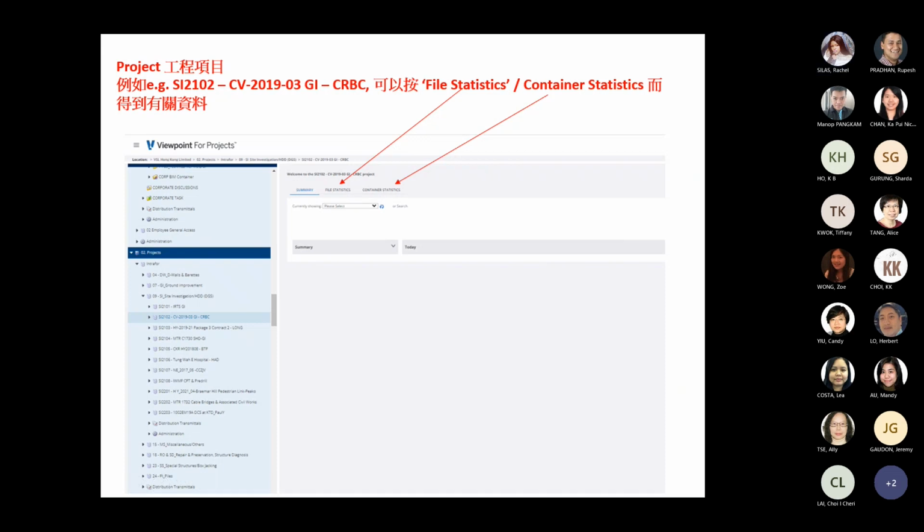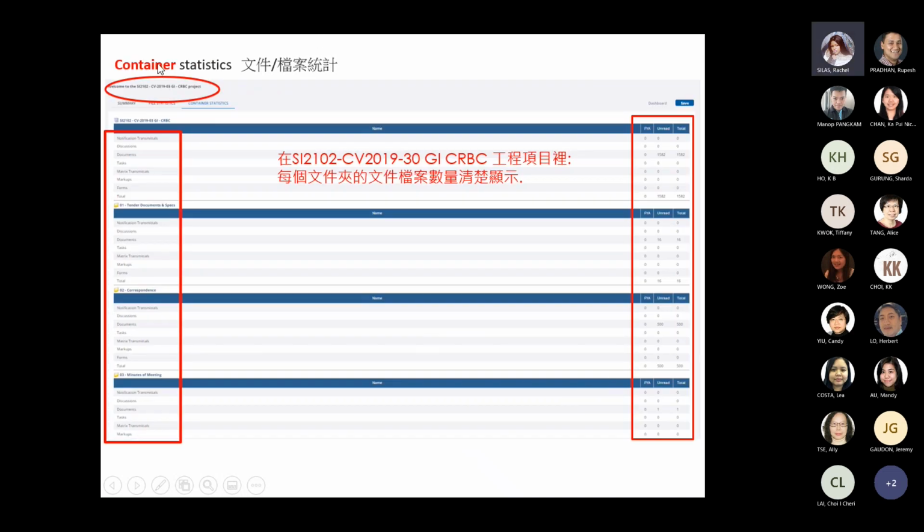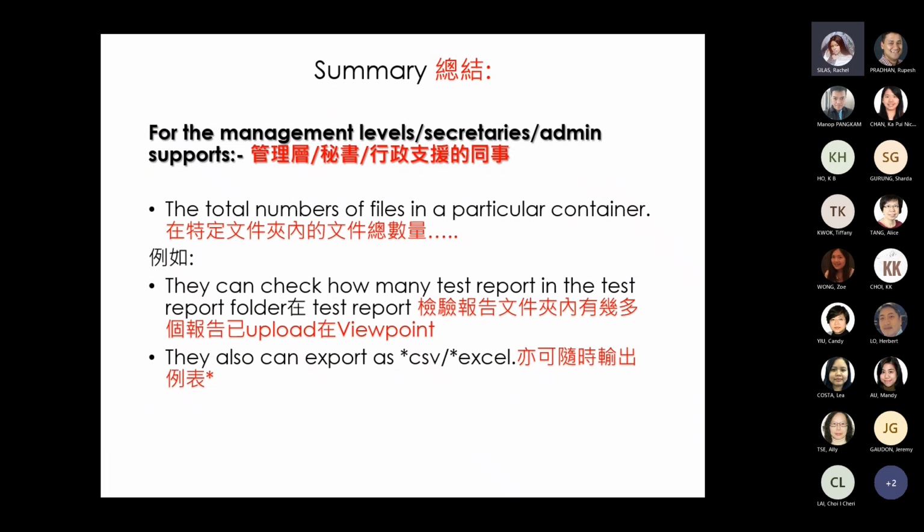我哋撳 file statistics。喺文件統計資料裏邊，我哋會知道嗰個 file 嘅 types：PDF, JPEG, MOV, and also we will see the total number of files and folders and capacity。我哋會知道有1661個文件。So we will see all the figures related to that folder。而喺 container statistics 裏邊，and in container statistics, you will see more detail in each folder, how many files is in there。我哋好清楚會睇到每一個 folder 裏邊有幾多個 file。